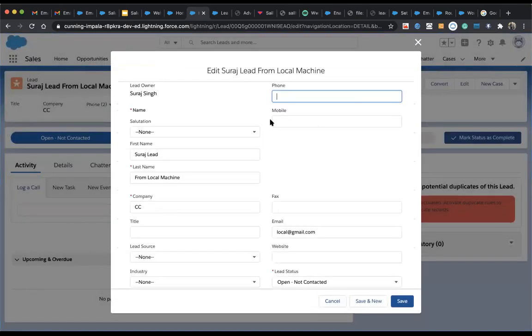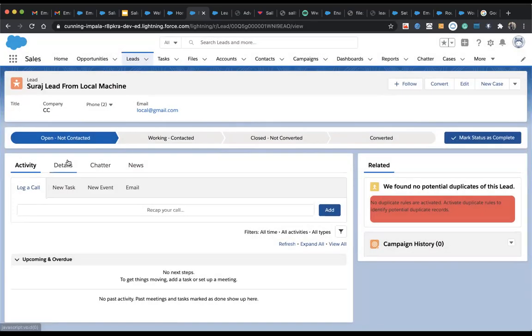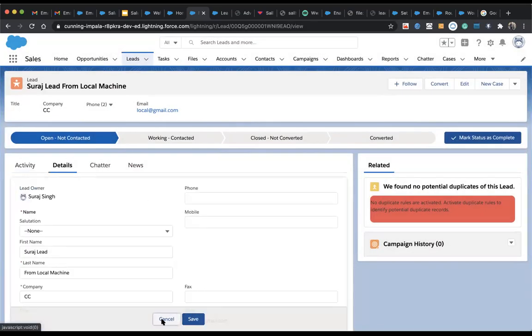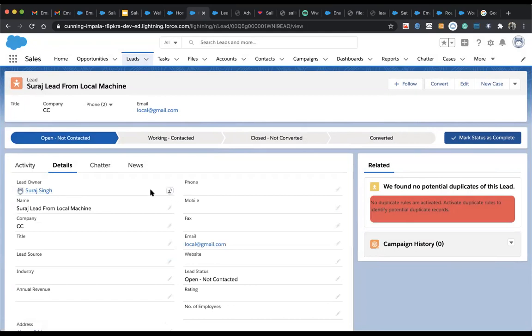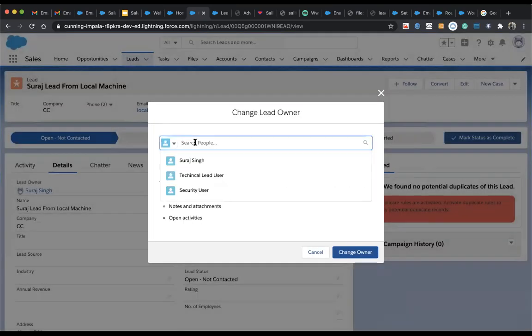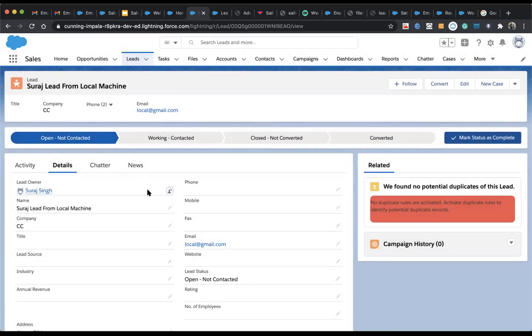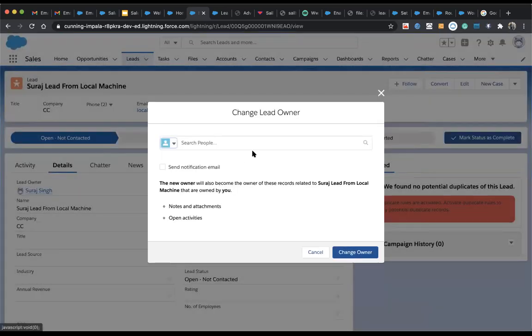It's not allowing me to change the owner. Okay, so in all those cases, here I can change this owner. It means what we need to do is either go up here and change the owner manually, or we just